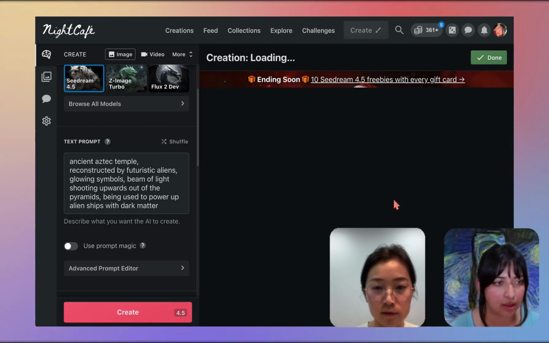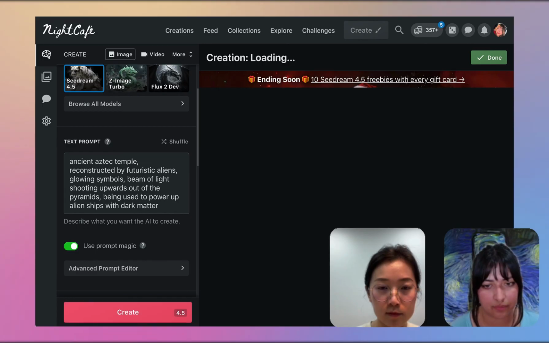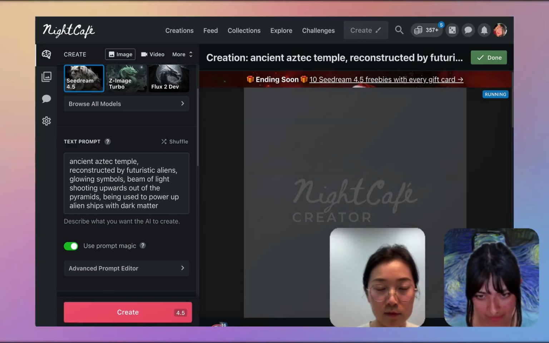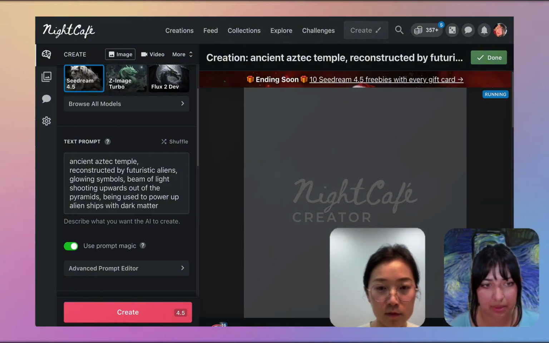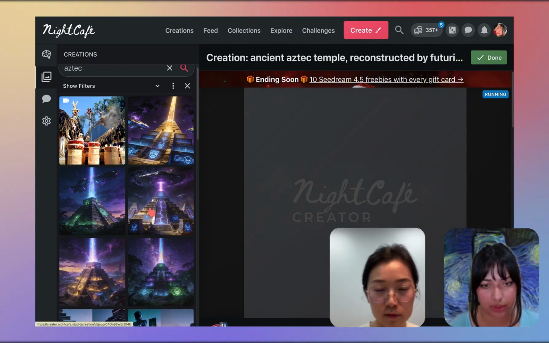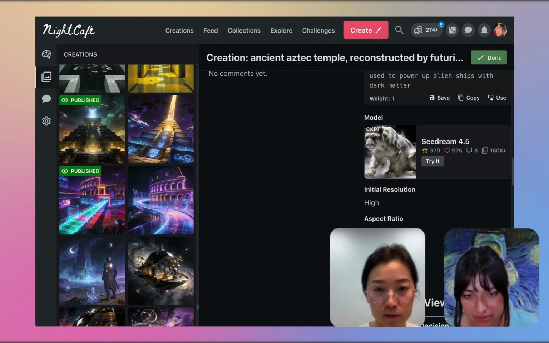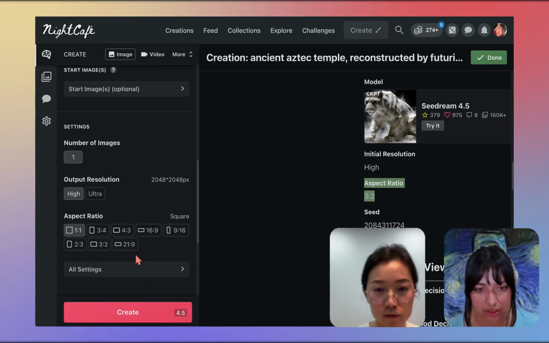Aliens. Glowing. I will go back and fix that. Glowing symbols. Let's do beam of light shooting upwards out of the pyramids, being used to power up alien ships with dark matter. Let's just mess around with the aspect ratio. I think I mentioned this already, when you have the advanced settings on, you can do that. So,